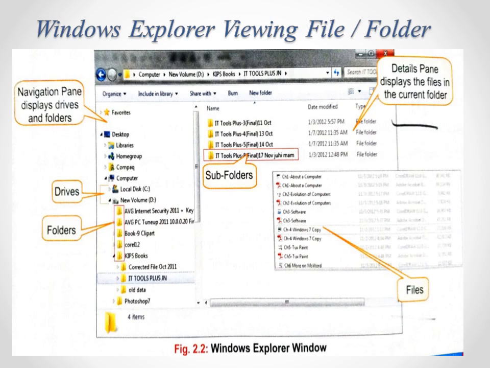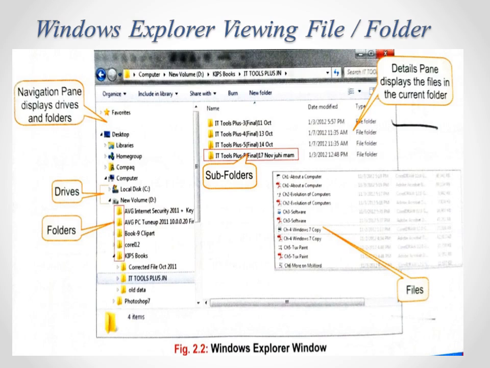As I told you in my previous slide, a drive is nothing but the location of division of the folders, how you segregate it and store your files in it. It is called a local disk drive, C, D, E. Next we come to the navigation pane.